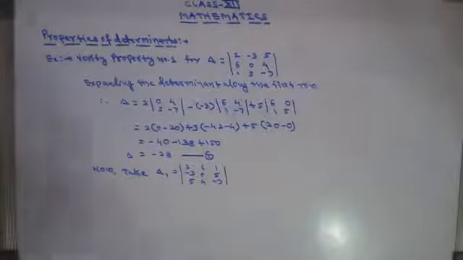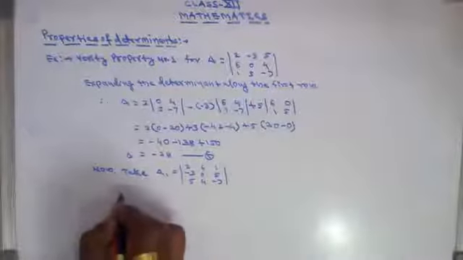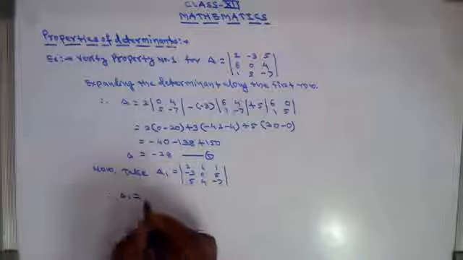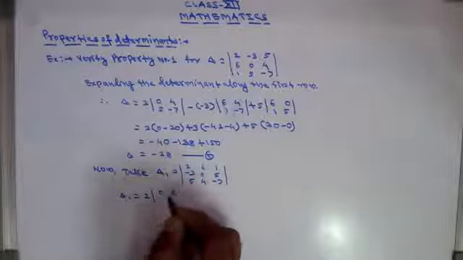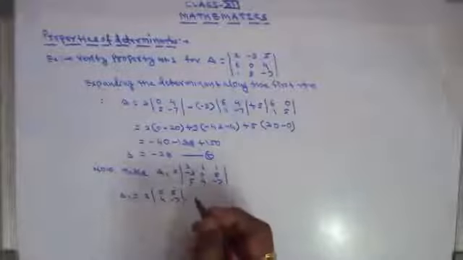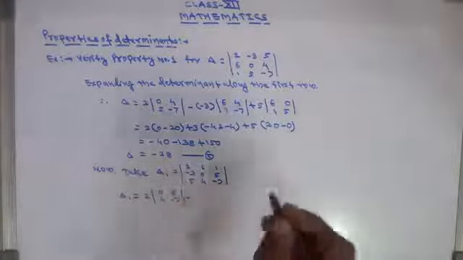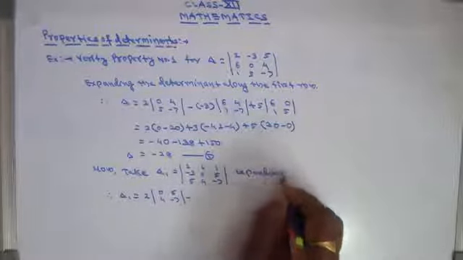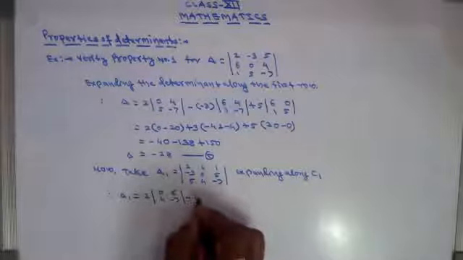Okay, therefore 5 4 minus 7. Okay, so therefore delta 1, I am interchanging the rows and columns. Delta 1 is equal to 2 into this 0 5 0 5 4 4 and minus 7 minus 3. I am expanding this along column 1, along column, minus of minus 3,